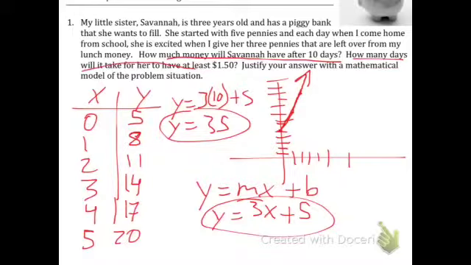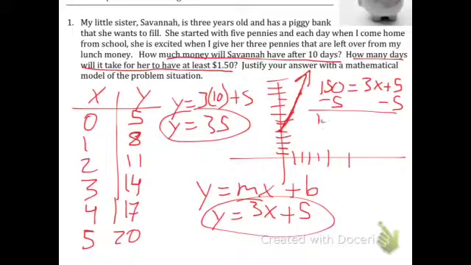And how many days will it take her to get at least 150? Well, you've got to take your equation and put 150 in for y. And it's 150 cents, and since we're just counting everything by cents, we're going to put in 150. So now you just got to subtract 5, you'll get 145 equals 3x, and you got to divide by 3. And then when you solve that, you're going to get x equals, well, when you plug it in, something like